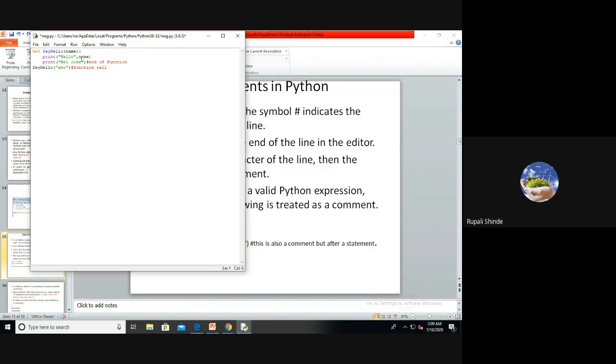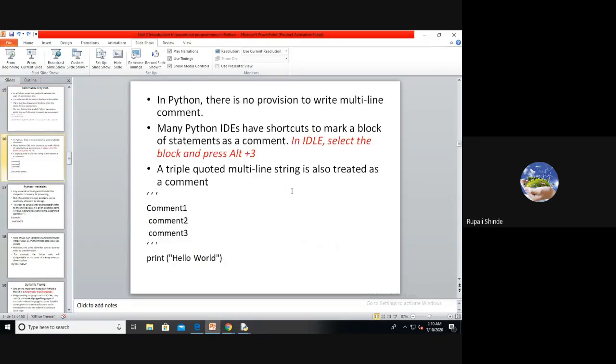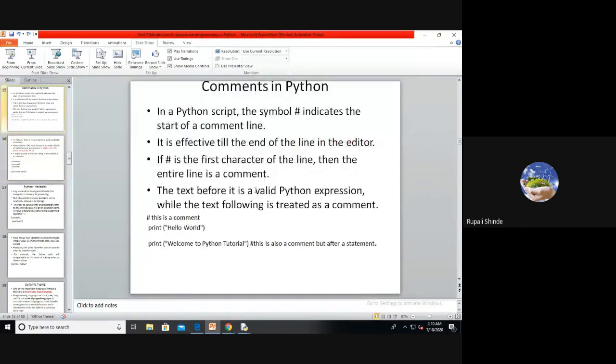Then we can write from the start, that is hash welcome. It is a complete line which is commented if the hash is at the start position. Okay. Then it is a single line comment.